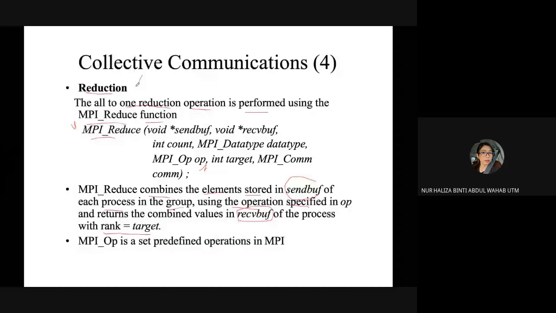In terms of reductions in MPI, you will also have the MPI ops, which is a set of predefined operations. There are a lot of other choices that you can use.